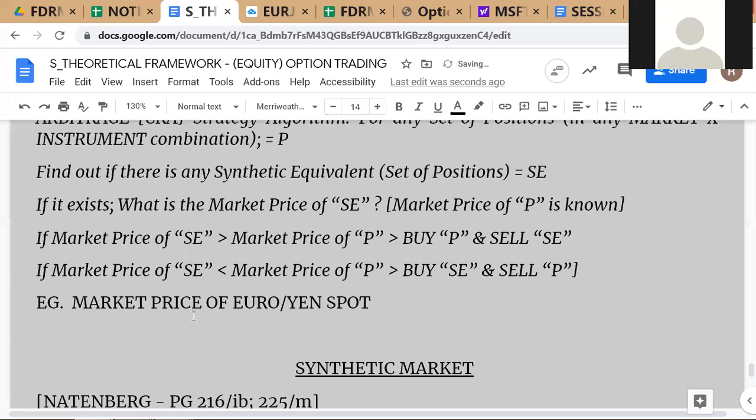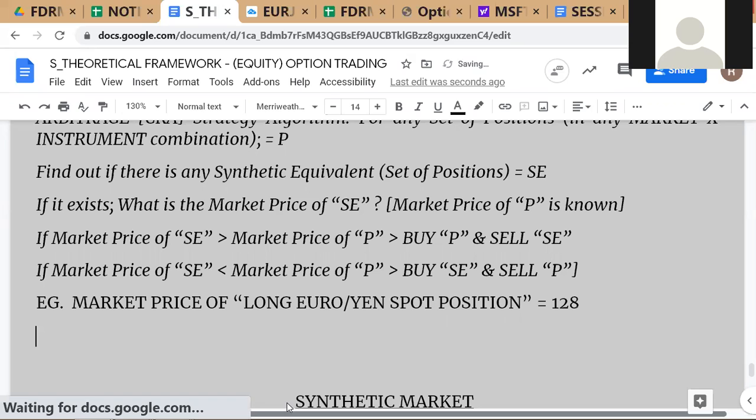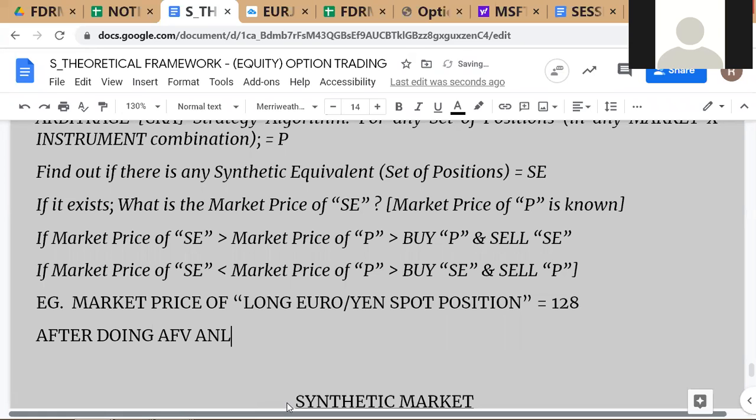Okay, market price of long euro-yen spot position, or cost of going long euro-yen spot position. This is our long euro-yen spot position. Let's say the market price here is 128. Okay, after doing AFV analysis,